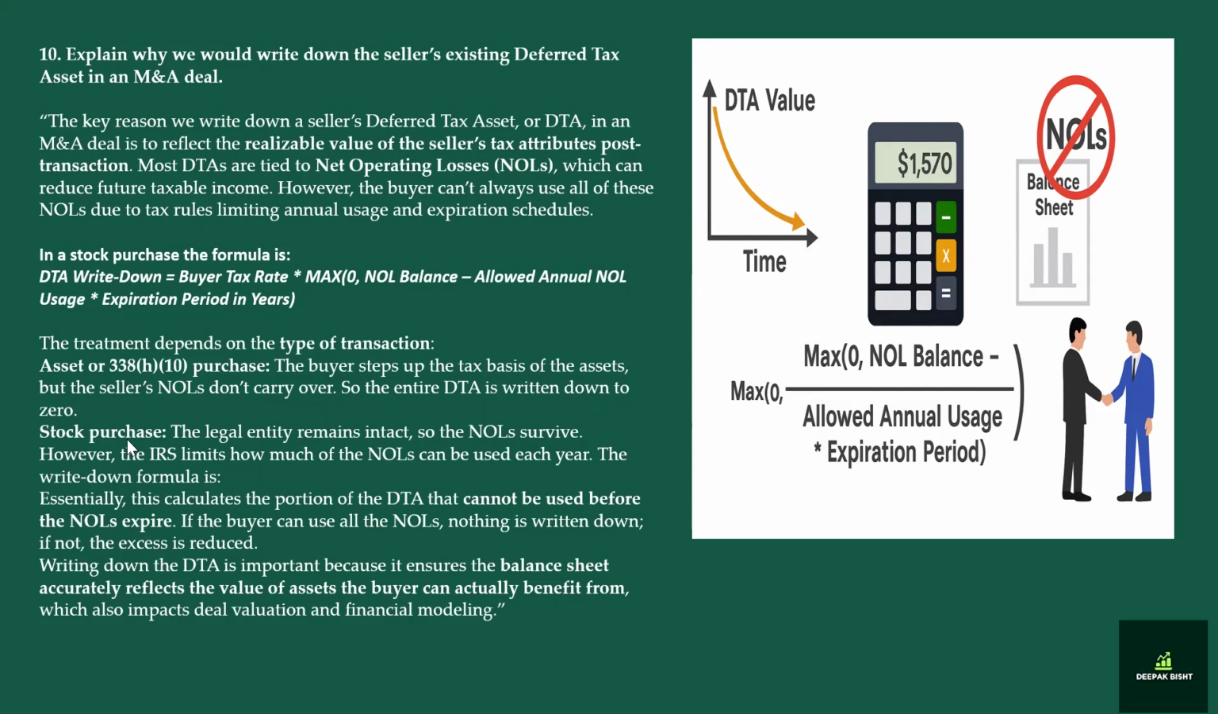However, in stock purchases, the legal entity remains intact. So the net operating losses survive, and because of the IRS limitation, you can only use a certain portion of the net operating losses each year. So it calculates, as written here, the portion of the DTA that cannot be used before the net operating loss expires. If the buyer can use all the net operating losses, nothing is written down. If not, the excess is reduced. And if we talk about the practical formula,